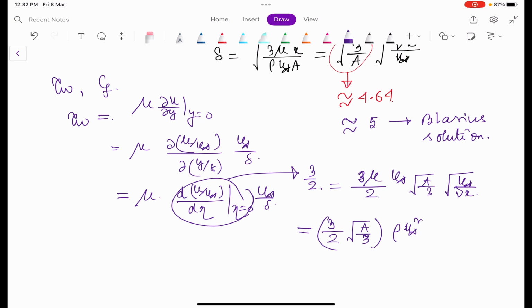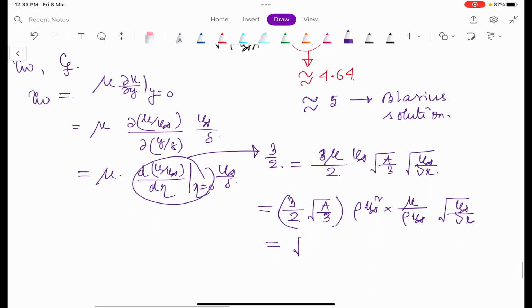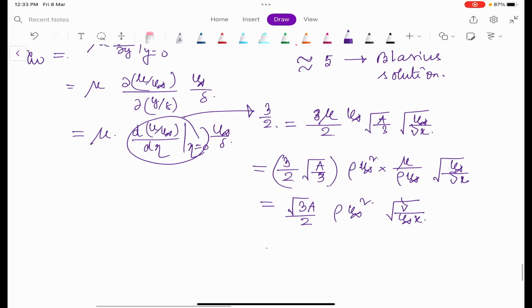So you have multiplied a rho and a u infinity, so do something mu by rho into u infinity, because you have multiplied a rho and u infinity in the numerator, okay. So this will be this, okay. Now mu by rho is nu, so this will be root over of 3a by 2 u infinity rho into u infinity square, and here it will be what, nu root over of nu by u infinity into x. So that is nothing but the Re_x to the power minus half,